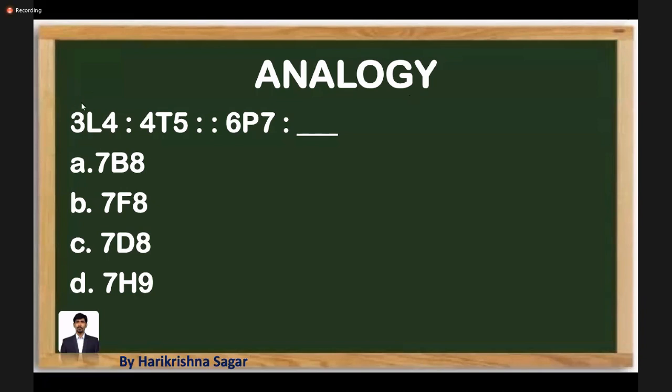So you can just observe 3 into 4 is going to be 12. 12th alphabet is L. 4 into 5 is going to be 20. 20th alphabet is T. 3, 4, 4, 5. 6, 7 will be what? 7, 8. That's one point which is going to be helpful for us to eliminate option D. 7 into 8 is going to give a result as 56. 56th alphabet won't be there. 26 plus 26, 52 is over. Another 4 is left over. That 4 must be option C. 4 must be D.